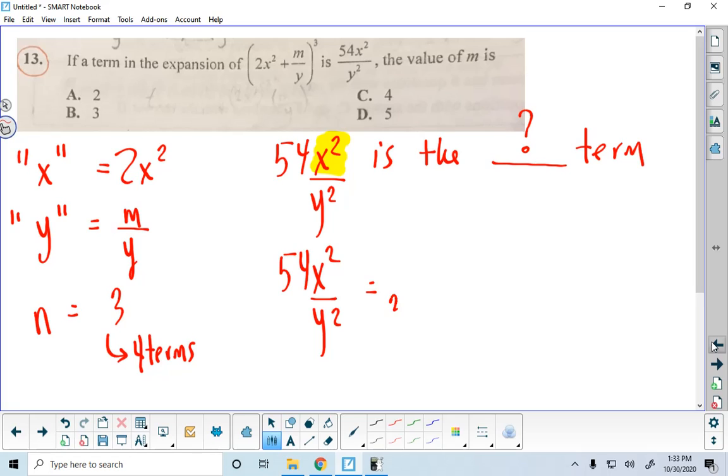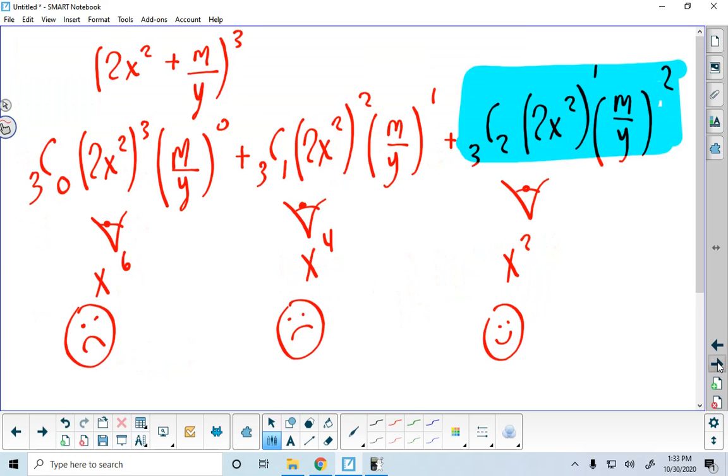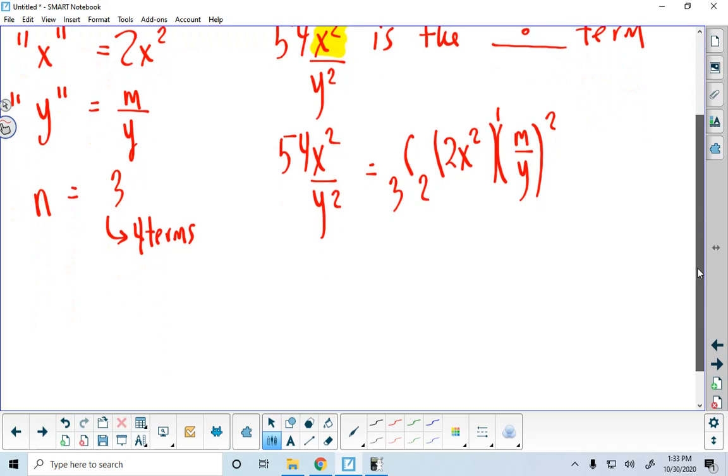The third term has a key number of 2, and that means that our m over y will be raised to the 2, and our x will be raised to an exponent that when we add to the key number takes us to 3. And you'll notice that what I just wrote down there is what I had written down and highlighted over here. So what I'm doing is I'm setting 54x squared over y squared, which we know is the term, equal to 3 choose 2 times 2x squared times m over y quantity squared, which we know is the term. And we're going to simplify this. If I simplify the right-hand side,